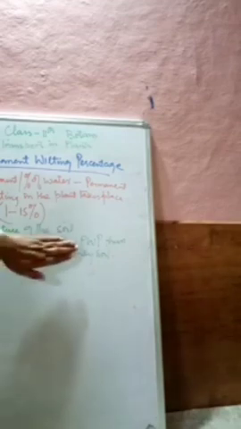And last, we studied the permanent wilting percentage. It is simply the percentage or amount of water present in the soil so that permanent wilting in the plant takes place, and its value varies from 1 to 15%. It also depends upon the texture of the soil. For example, clay soil has greater PWP than sandy soil.